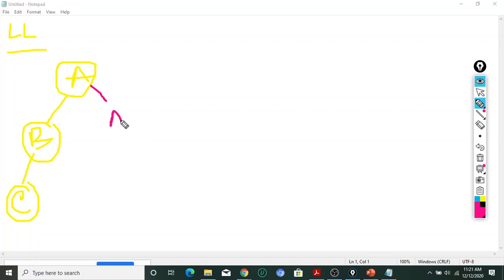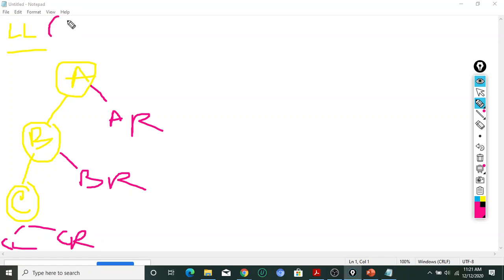Please try to understand. Suppose these nodes have some other children also. For example, this is one of the right children, and C has a left child and a right child. This is the big tree. If I consider the big tree, what will happen? This is a special case, because so far we have discussed only three nodes, so we did not bother whether a node has a left child or right child. That is simple to understand.